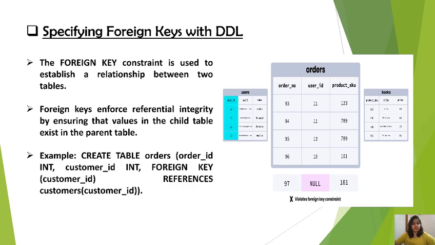So, specifying foreign keys with DDL. The foreign key constraint is used to establish a relationship between tables. Foreign keys enforce referential integrity by ensuring that values in the child table exist in the parent table. Example, create table orders, order ID int, customer ID, and foreign key references customers customer ID. As we can see in the image,